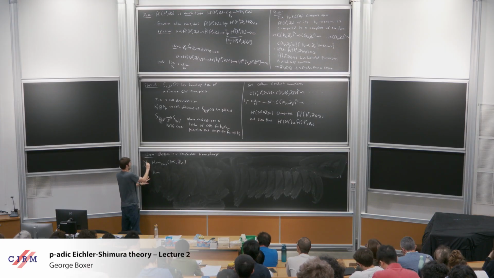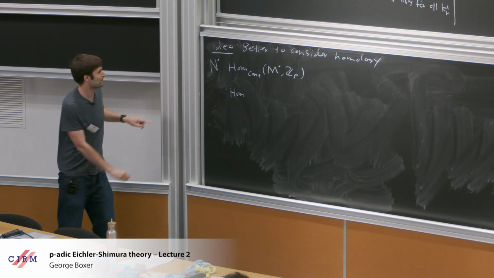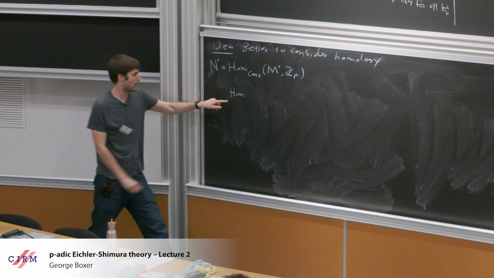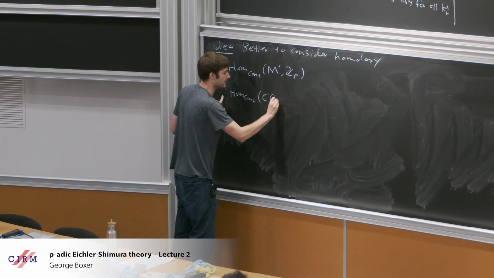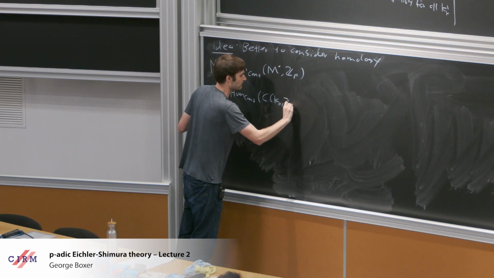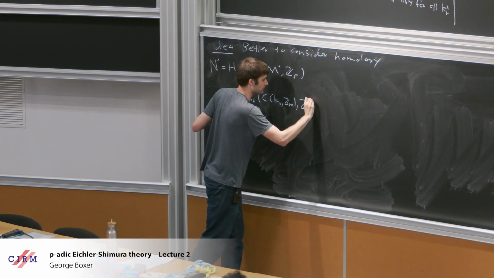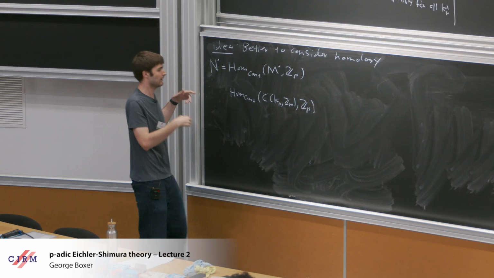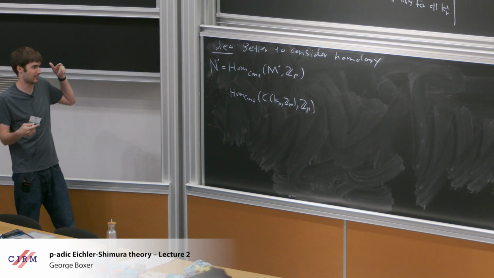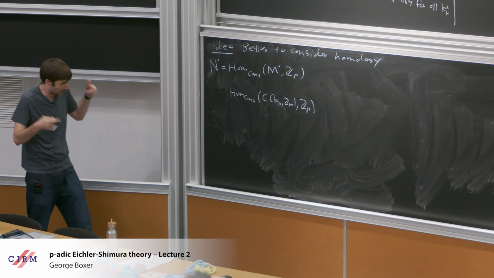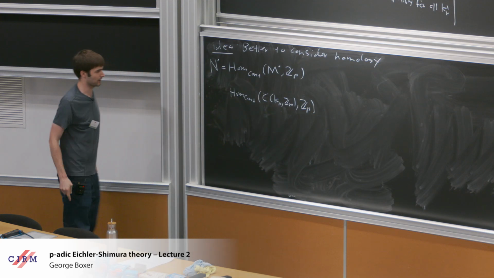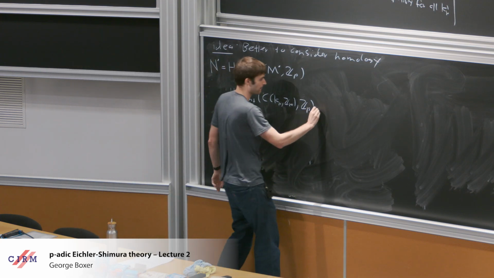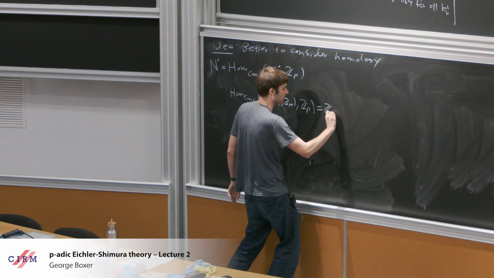Maybe I'll call this N bullet, because that's what it's called in the notes. So Hom from continuous functions on K_p, well, that is exactly the space of p-adic measures on K_p, or the Iwasawa algebra of K_p. And so that is